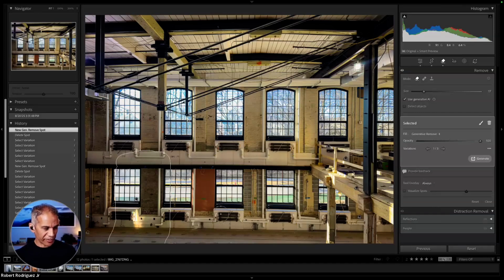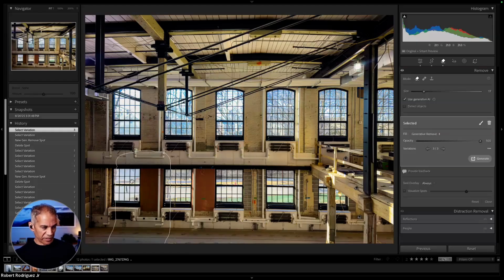Okay, and notice now, I had mentioned before that this piping came across, and here we don't see it coming across. So let's try one of the variations. Number 2, and there's number 3. And you'll see in number 3 now that it actually recreated it properly, or at least the closest to what we had originally. All right, and that's a fairly intricate remove because